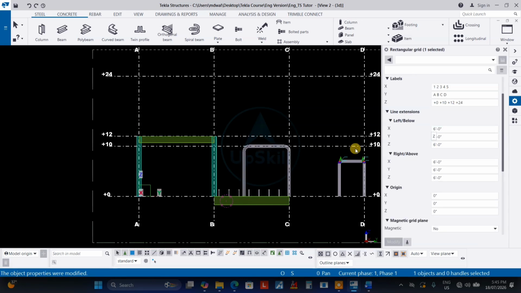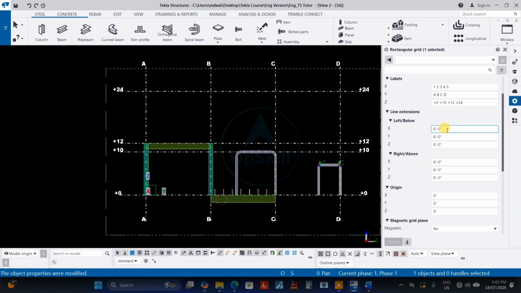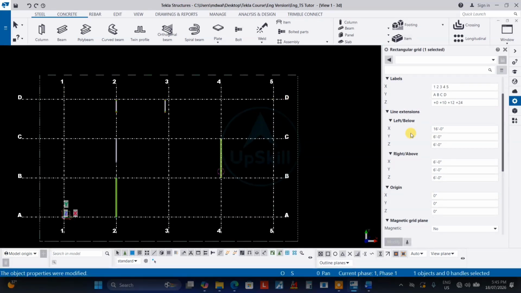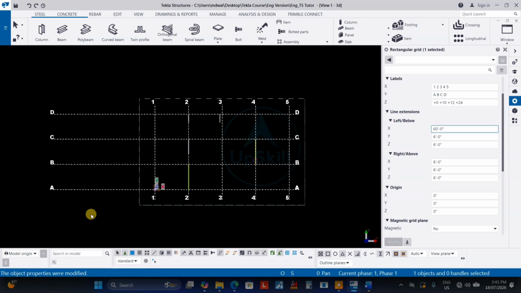And after that, you can see here, if I give this value, see, the grid line is extended. So if you need more grid line extension, you can give the value here, and you can control from there how much extension you need. Okay,